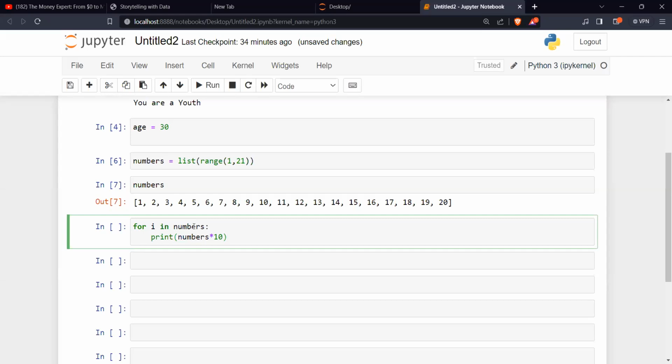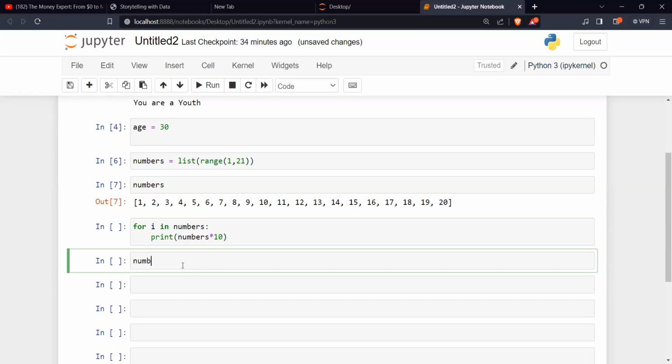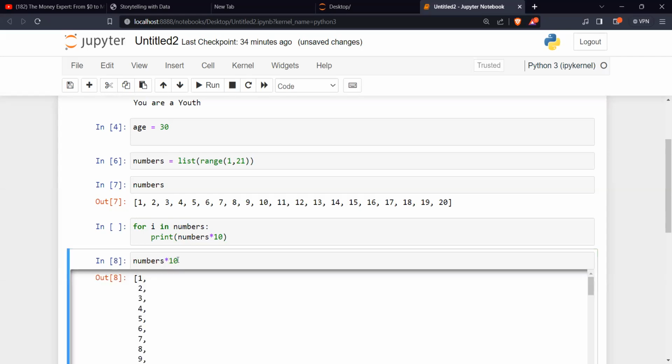So when we say numbers times 10, what is numbers times 10 doing? It means duplicate your list 10 times.